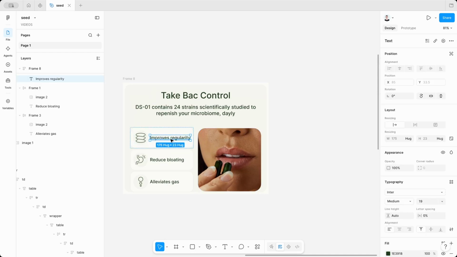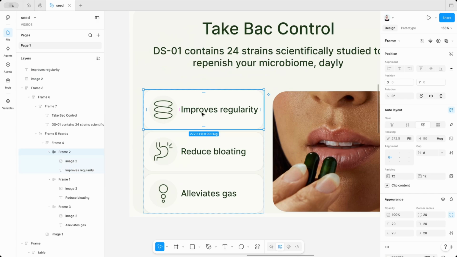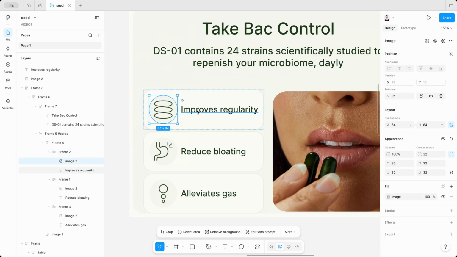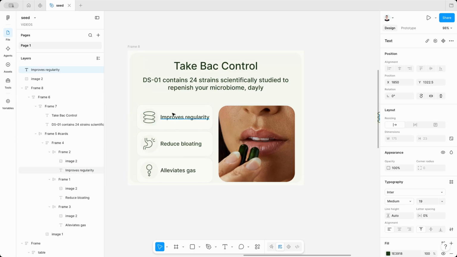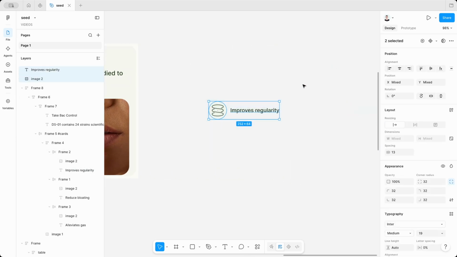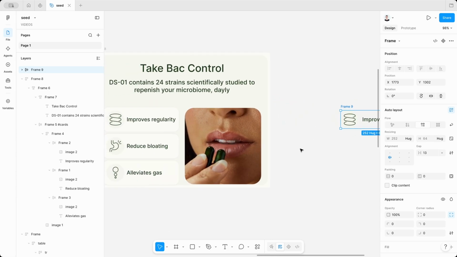First, let's create this segment with the icon to the left and text on the right. Our first goal is to create this section. So let's select text and icon, then click on this icon. Figma wraps into auto layout